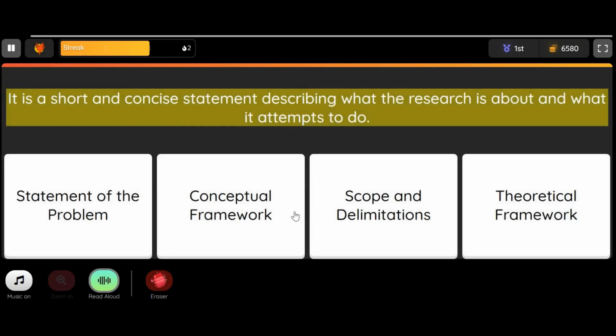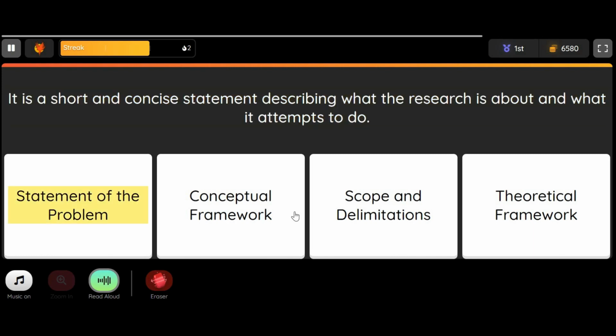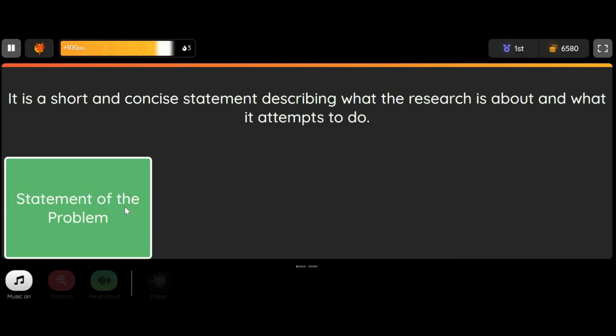Question: it is a short and concise statement describing what the research is about and what it attempts to do. Option 1, statement of the